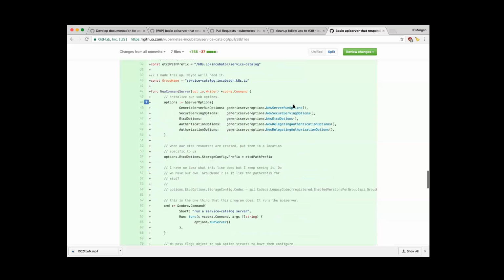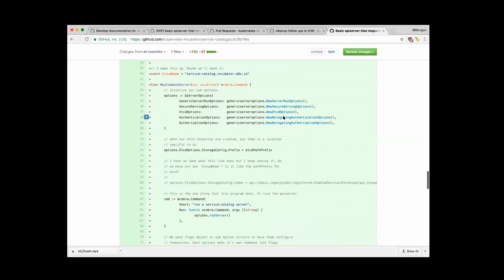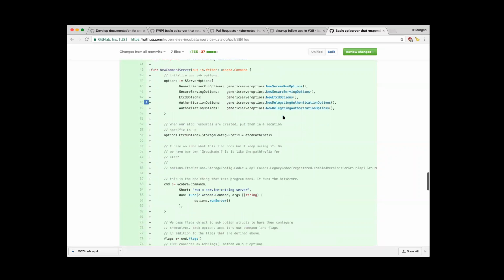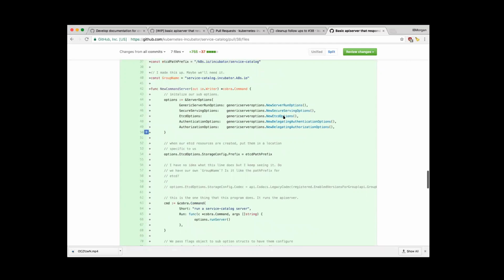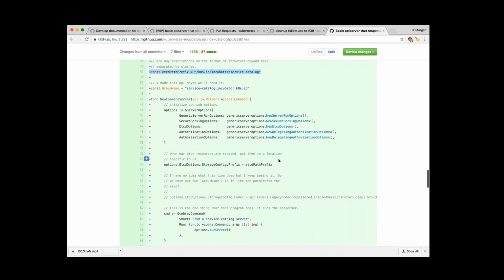So you can see when we first start up our command, we take the standard setup of each of these options. My understanding is, you can dive into it, but they set up the basic defaults such that stuff does not blow up when you run it. I'm not sure exactly what format this has to be, but I made our incubator service catalog Kubernetes directory. I have a couple edits to those that I'll comment about, but